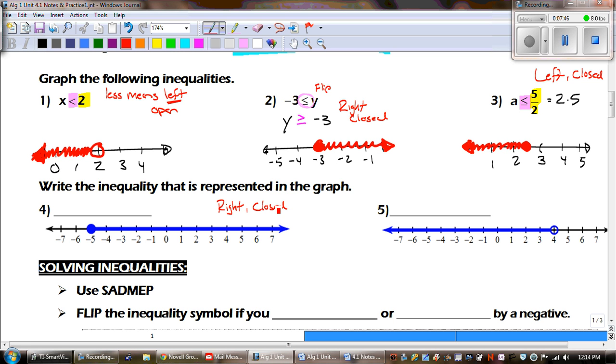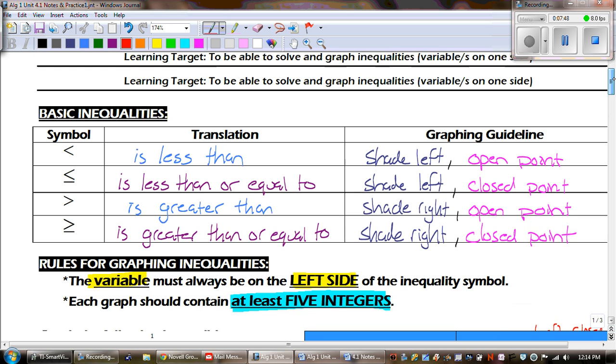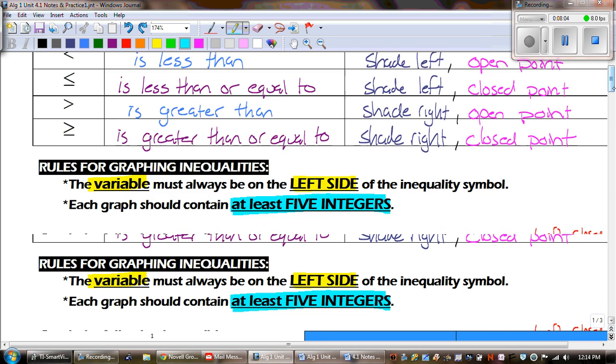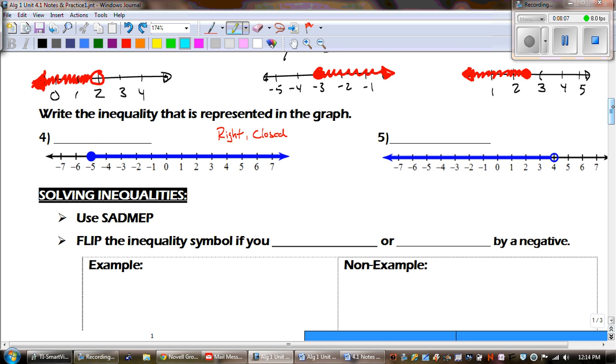Closed. So if you need to, look back up here. Which one do we shade to the right and has a closed point? Well, the ones that are shaded to the right are these two, but shaded to the right and has a closed point, there's our symbol. It's got to meet both criteria. Okay? So as I'm writing this, I know that x is greater than or equal to, and then our number,